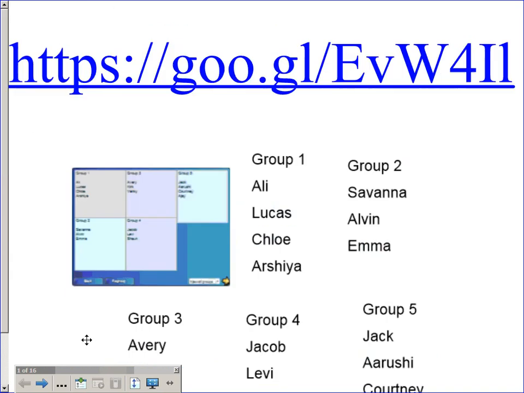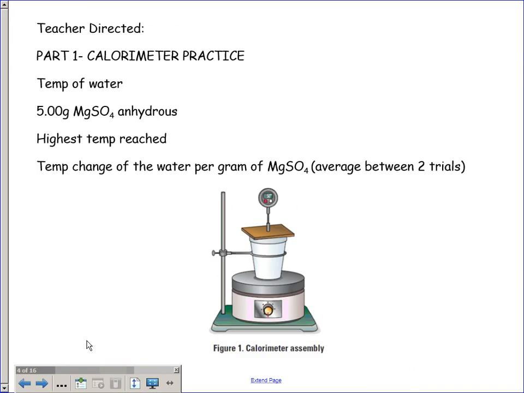So in terms of what we're going to do right now, you saw it's 5 grams of magnesium sulfate anhydrous. You're going to be rehydrating it. That's actually what you're doing. When you rehydrate it, there's a temperature change associated with that. So you're measuring your temperature change, and then you're going to backtrack and calculate the heat capacity of your styrofoam cup. But you're learning how to use your equipment, so tomorrow's not like your first day. You're trying to figure out the intricate details of your equipment. And then after that, you're going to do